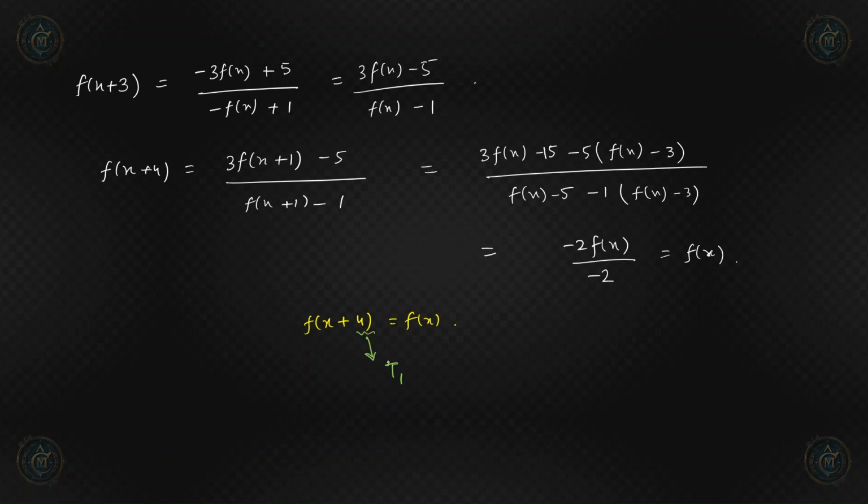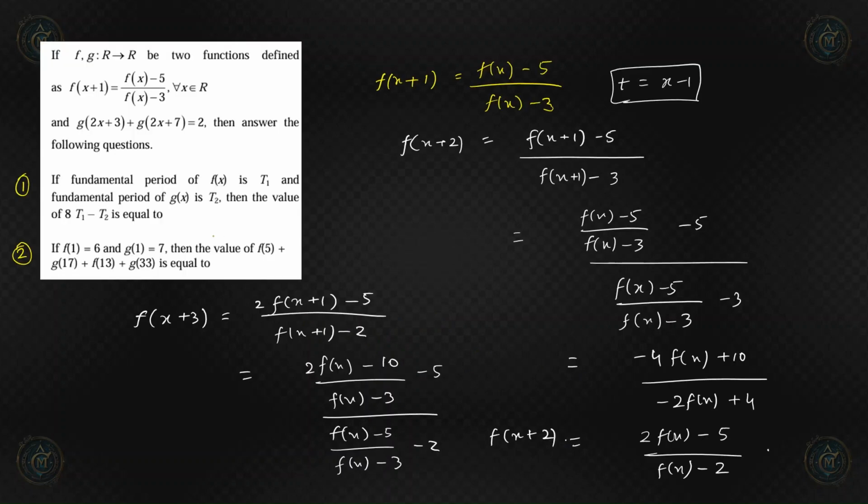This is our T1, because we know if the fundamental period is T1, then f(x+T1) is equal to f(x), right? So T1 is 4. Now let us try to find this T2 here. Okay, for the second function we are given this equation, g(2x+3) plus g(2x+